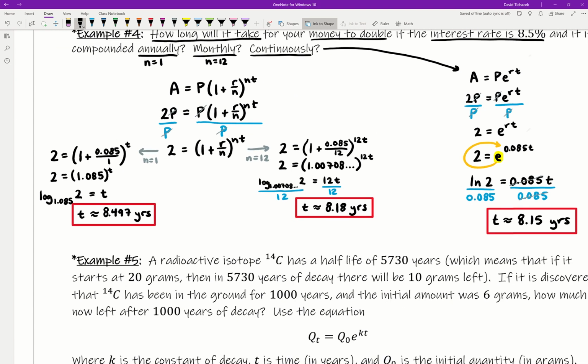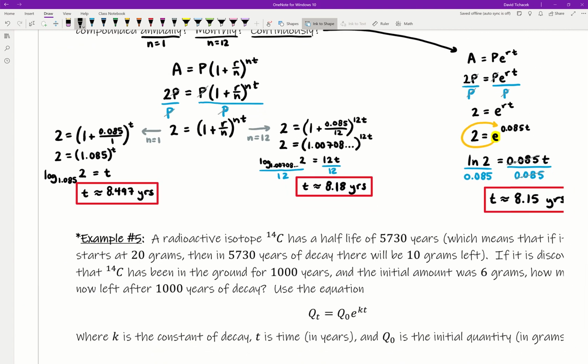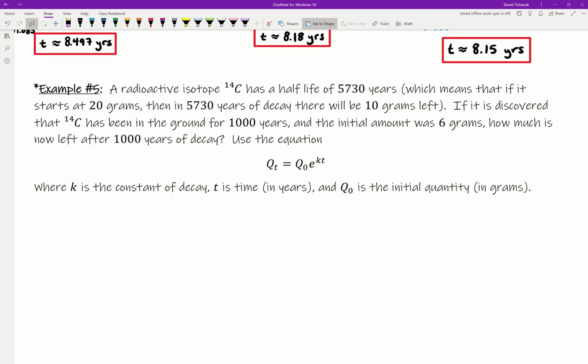I've already done all the work for this, and you can see the different results there and how close they all match up. It's just a matter of pausing the screen, reading through the problem, and making sure you understand the work involved and how we set these problems up. If you have any questions over this one, feel free to send me a message, but we're going to move on to this last example in the video for the sake of time,